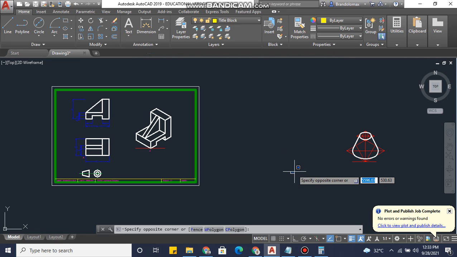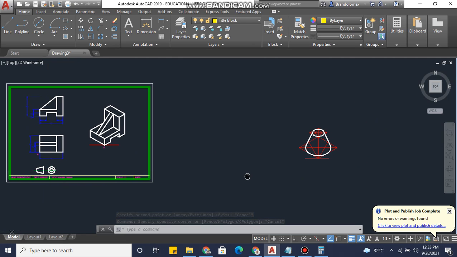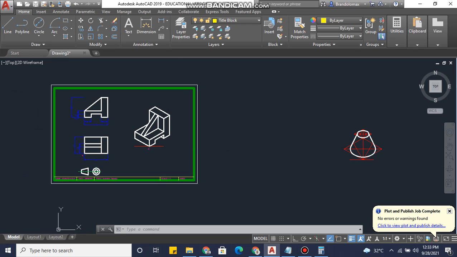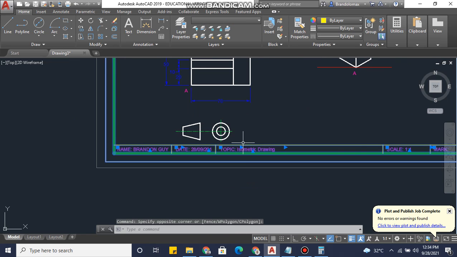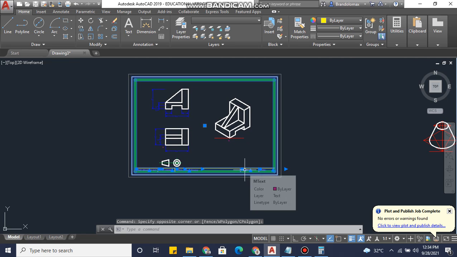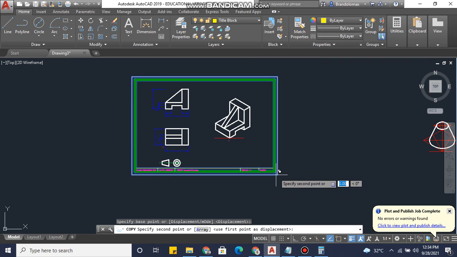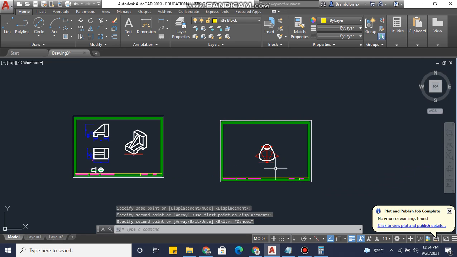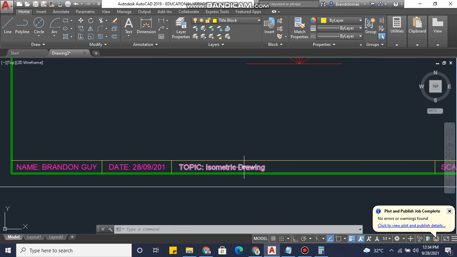Okay, so here we have another day where we did another drawing. And this is how simple we can transfer our page setup. What we do is select the entire base of our page setup, copy the selection, and then simply move it over to our drawing like this. So this will now be isometric drawing,